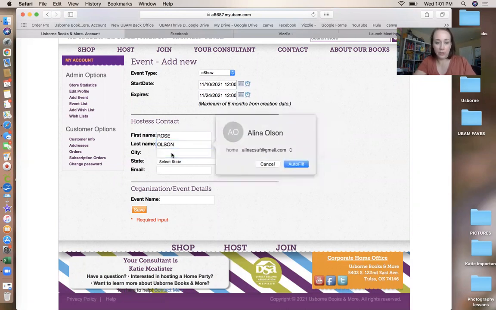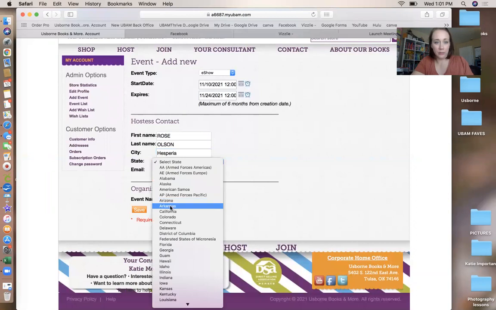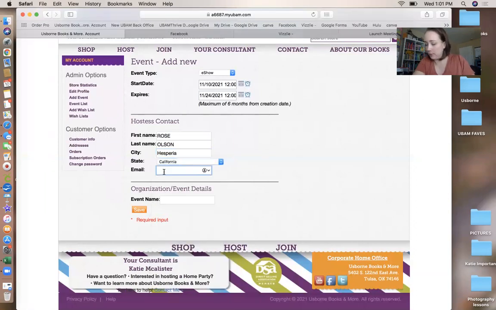And her city. State and email. And then the event name, I just usually put her first and last name